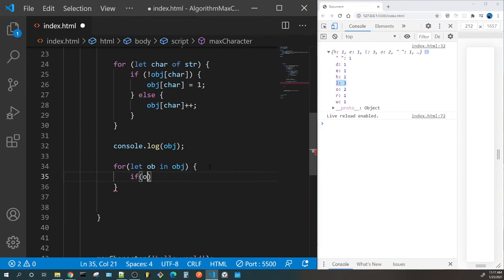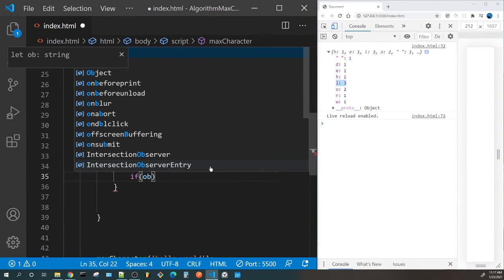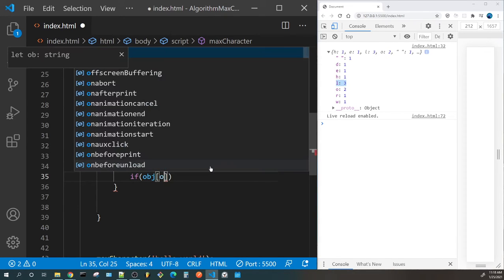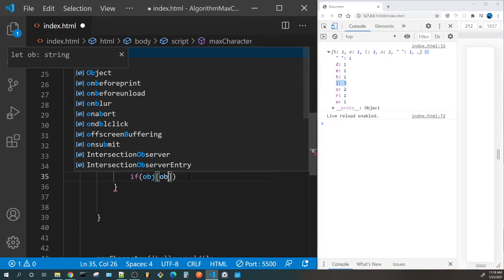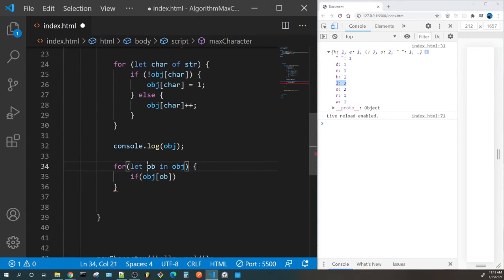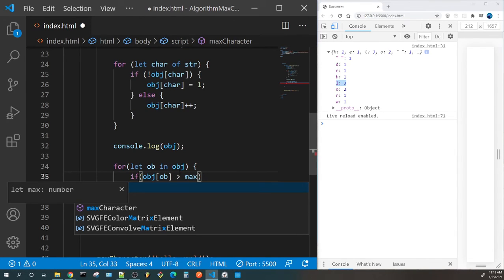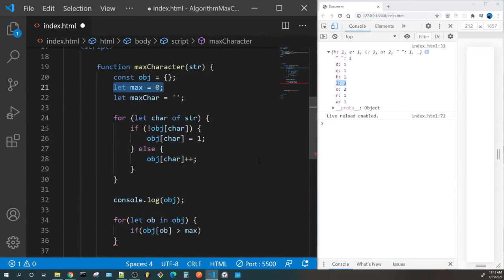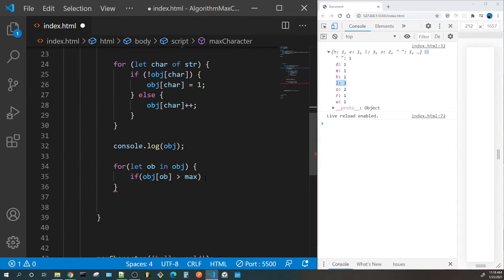So if obj ob, because remember that is our iterator, obj and then ob. So if that is greater than max, which up here remember we made max. So if it is greater than max, what we're gonna do